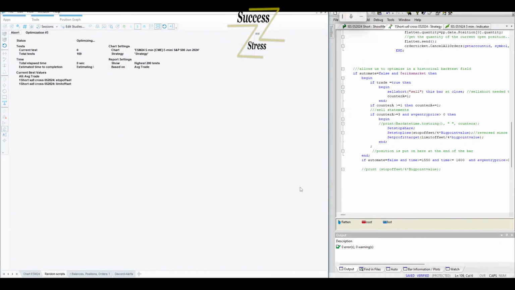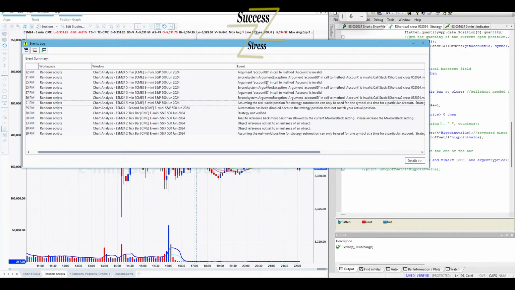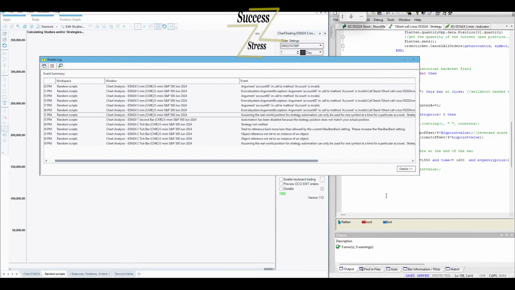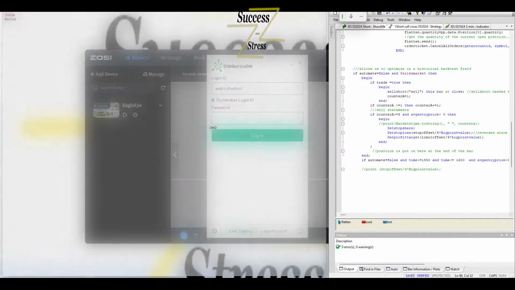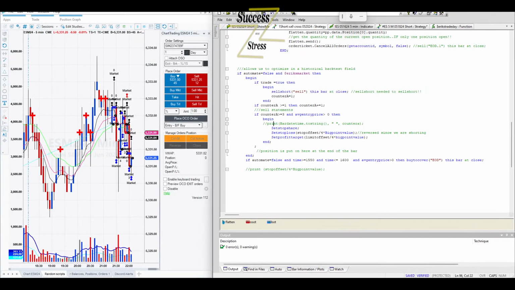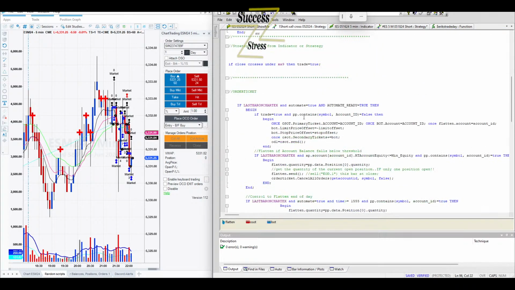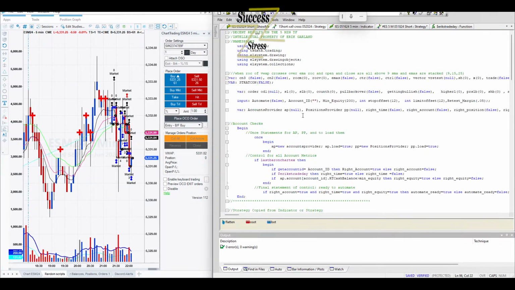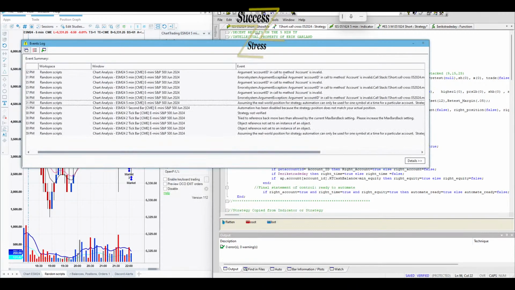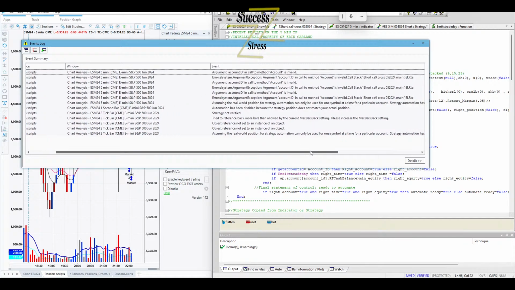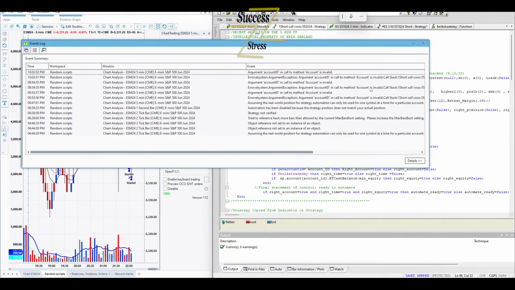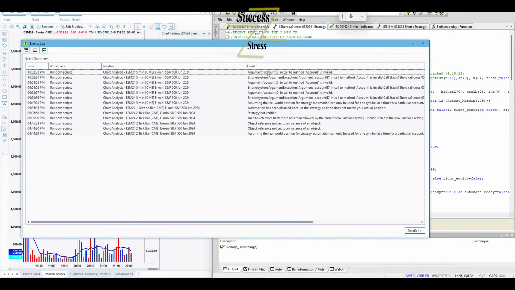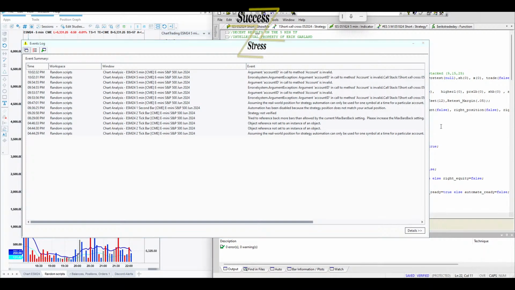Okay, optimize, but we're getting this error: argument account ID in call to method. So it's saying whatever answer we have in that account ID is invalid.